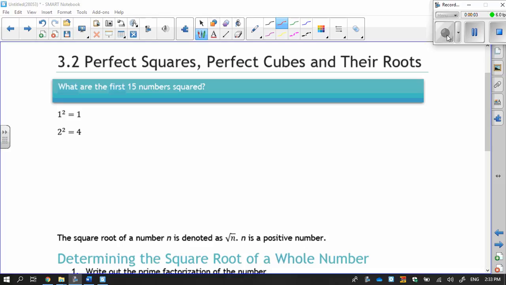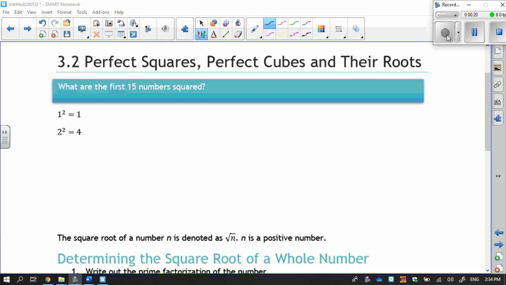All right, second section that we're dealing with here is perfect squares, perfect cubes, and their roots. So we're going to learn how to do square root things and cube root things that are perfect squares and perfect cubes. The first thing, part of the outcome, is to have a decent understanding of what the first 15